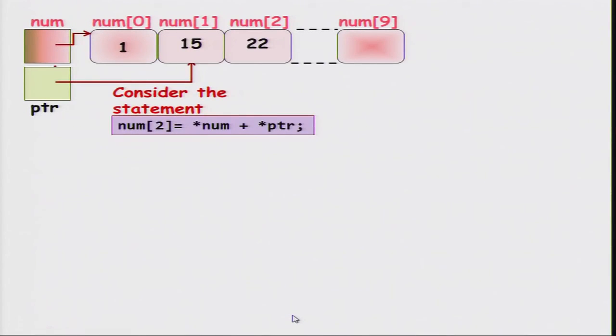Similarly, you can consider other examples. For example, I can consider a statement like num of 2 equal to star num plus star ptr. The novelty here is that